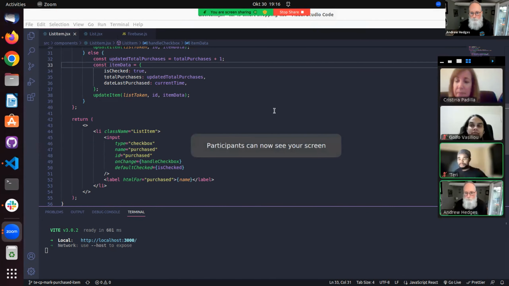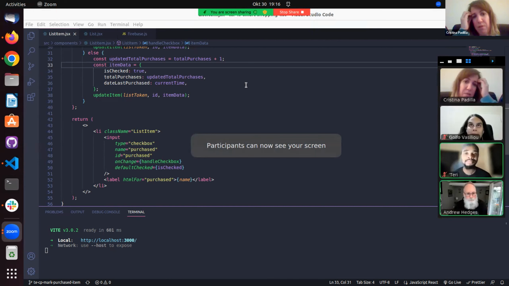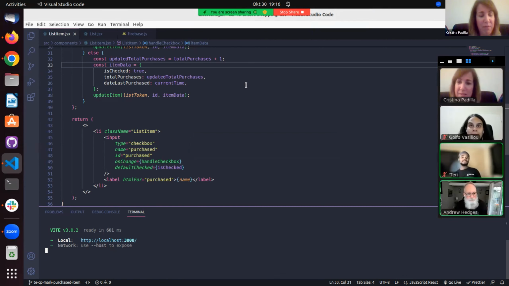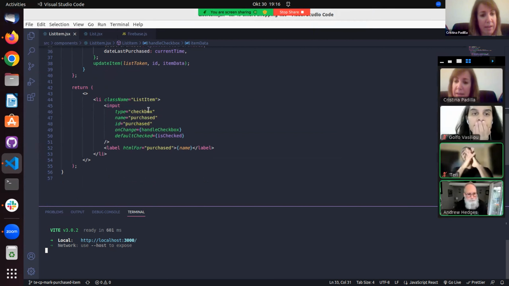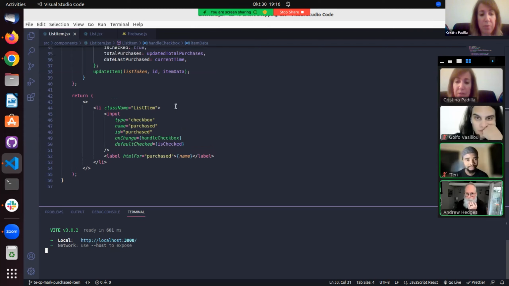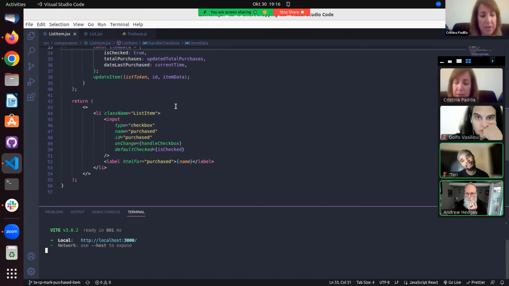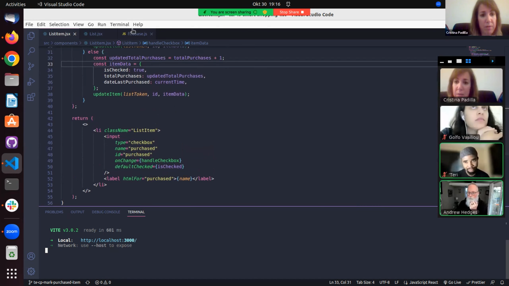Yep. Okay, so basically we had 4 acceptance criteria, or 4 different tasks. The first one was creating a checkbox with a semantic label on the list item component that you can see here. And here we added an event handler. The next step was making sure that by checking off an item, the date last purchased and total purchases properties get updated on Firestore. And to do that, we worked on the Firebase